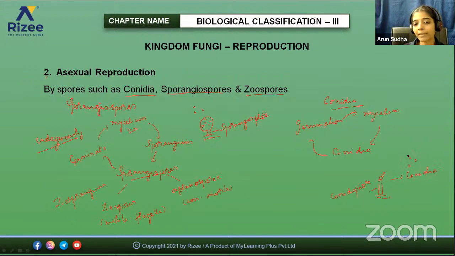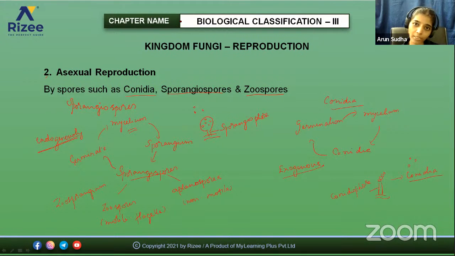And another main difference is there, the spores are enclosed in a structure that is called the sporangium. So they are present endogenously. Here there are no surrounding structures. So there is an exogenous production of spores here. Here it is exogenous production of spores. Here the spores are called gonidia. So I hope you are clear with this, right?